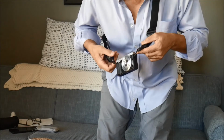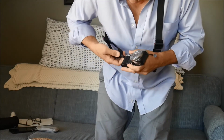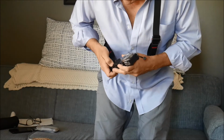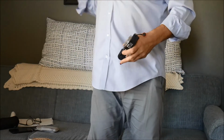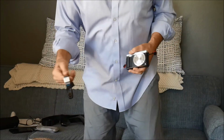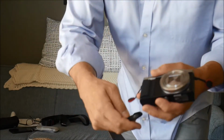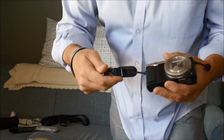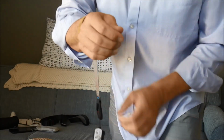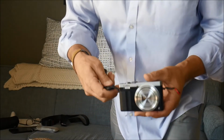So why do I keep talking about this Peak Design strap and these anchor points and how quickly they change? Well, sometimes in the field, I'm in a situation where I'd rather have, and this applies to my larger camera, the G7, I still have these anchor points that stay on here, and now I have the cuff in my hand. I have an attachment point to the camera so that it stays close to where I am and it swings out of the way. If I'm done with the camera,